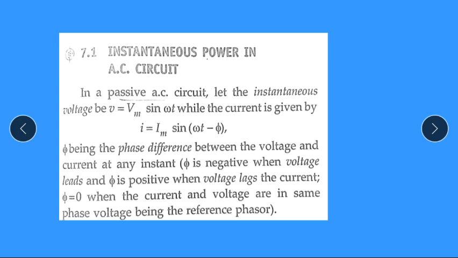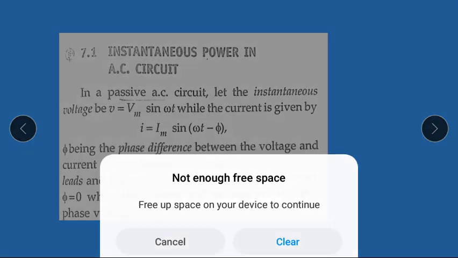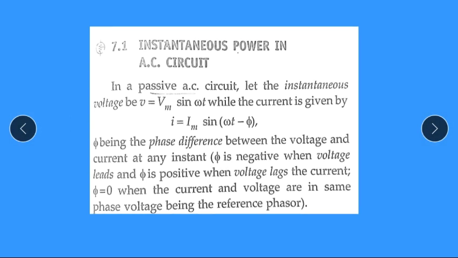the waveform of voltage is Vm sin omega t and the waveform of current is Im sin(omega t minus phi). The value of phi may be positive or negative. It depends on the circuit parameters. If the circuit is inductive, then the value of phi is negative. If the circuit is capacitive, then the value of phi is positive. We know that in an inductive circuit, current lags the voltage by angle phi. In a capacitive circuit, current leads the voltage by angle phi.